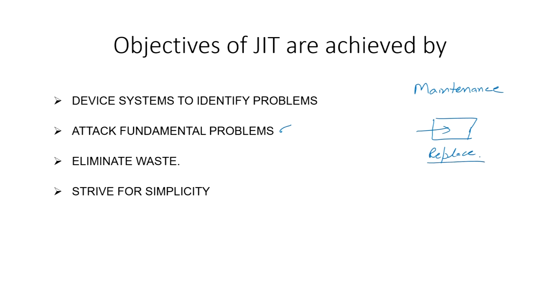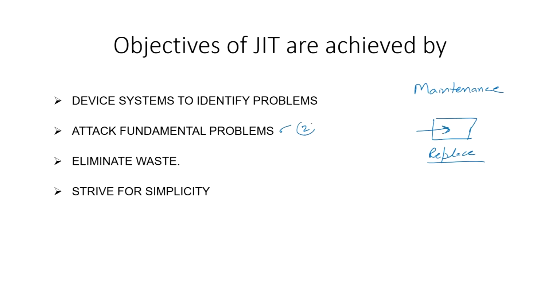So that your machine becomes highly reliable, you are not keeping any inventory between the processes. So, you need your processes to be highly reliable, available at all times. It should not happen that the moment you want to manufacture something you find that your machine is not working, the worker is not available, or necessary material or inputs are not there, because then JIT is not going to function. So, that is the second important principle, attack the fundamental problems.